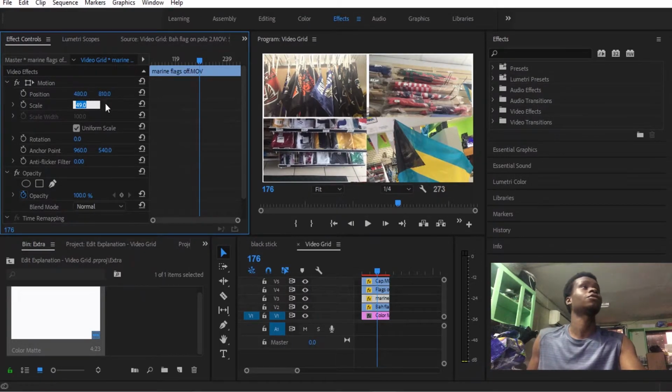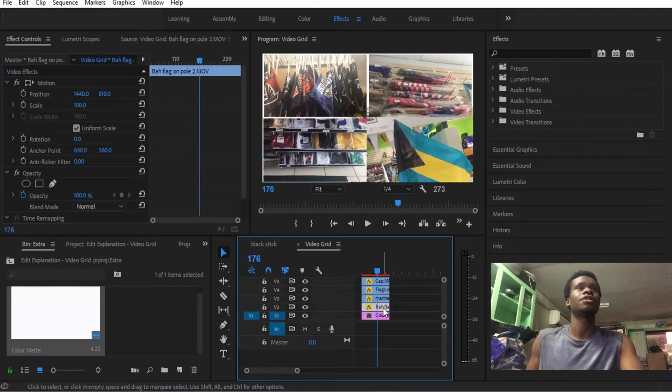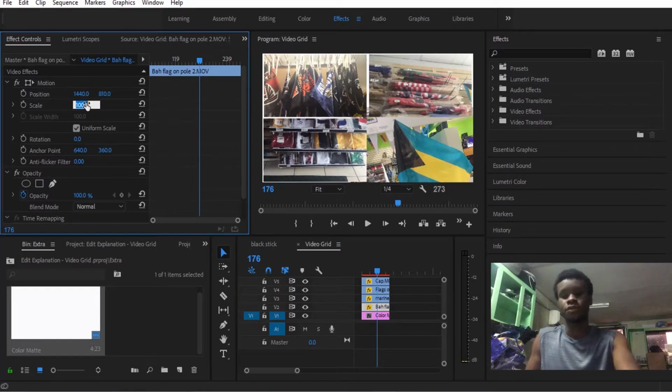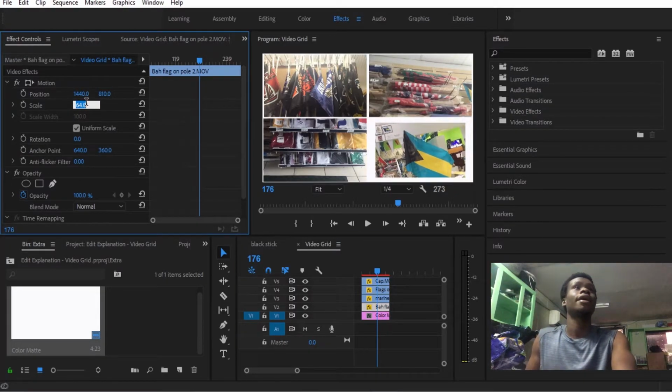Well, I guess they're not all 73 then. This one's 49. I guess that has something to do with these clips being different frame sizes. One of these is actually 1920 by 1080, while the rest are just 1280 by 720. Okay, this one, I'm gonna eyeball it and